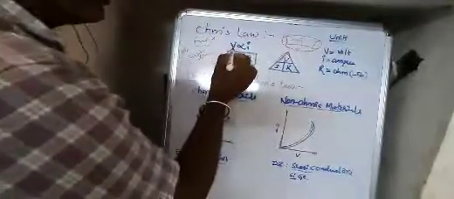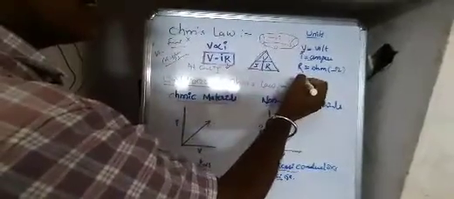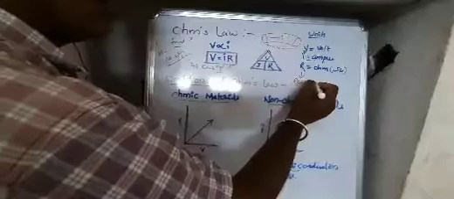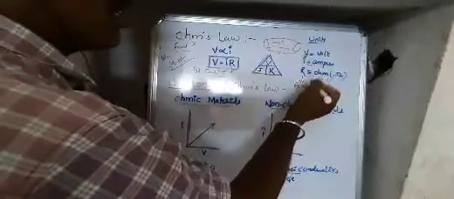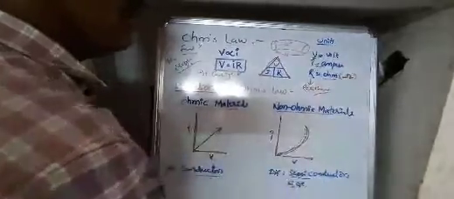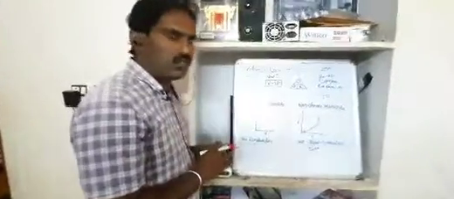So Ohm's law, given by Ohm, says the voltage is directly proportional to the current. What is V here? V is the voltage, its unit is volt, I is the current, its unit is ampere, and R is the resistance. What is the unit of resistance? Ohm, denoted by this symbol. This is Ohm's law. It is important, as it gives the definition of resistance and the relation between voltage, current, and resistance. I hope you understand these concepts. Thank you.